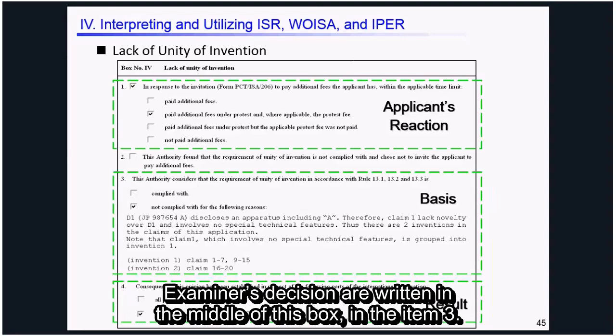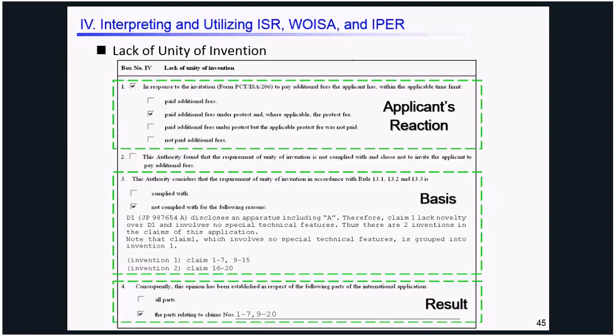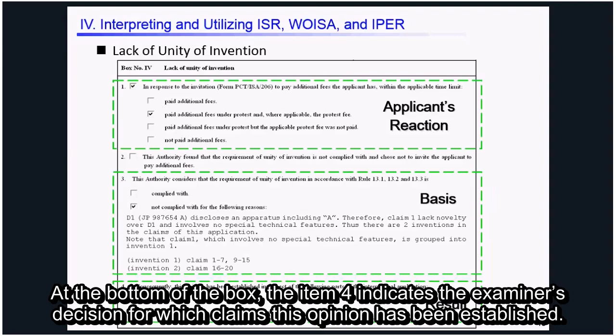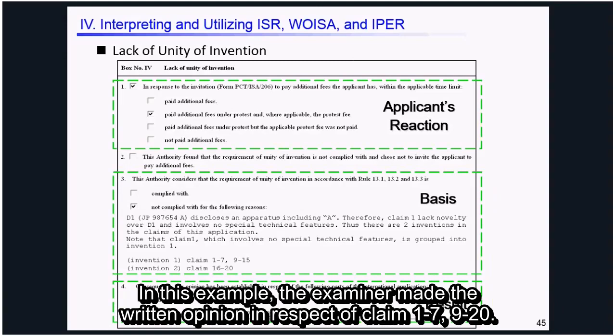Examiner's decisions are written in the middle of this box in the item 3. In this example, application includes 2 inventions. At the bottom of the box, the item number 4 indicates the examiner's decision for which claims this opinion has been established. In this example, the examiner made the written opinion in respect of claims 1 through 7 and 9